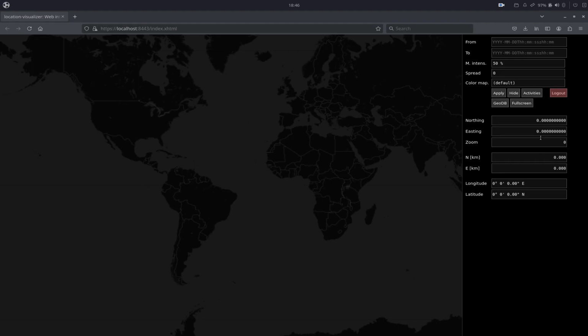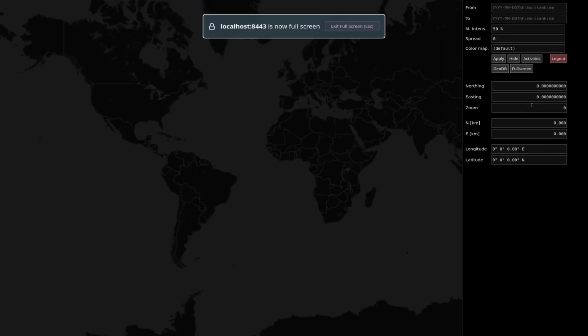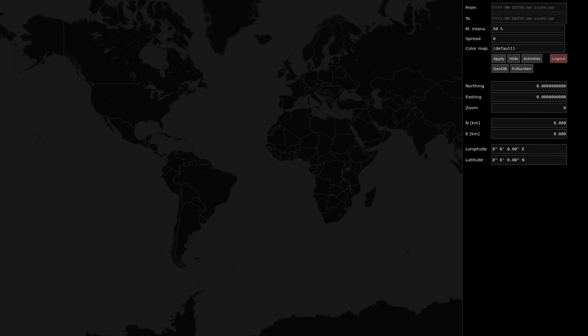First thing I'm going to do is put Location Visualizer into full screen mode. You can see there are a lot of options for navigation and filtering the data and stuff like that. You can see that we can change the intensity and color mapping for the map background. So I would just demonstrate this.